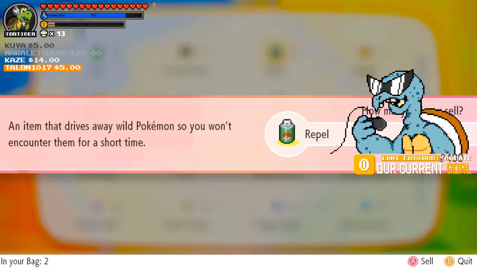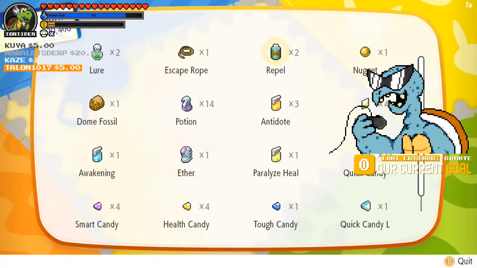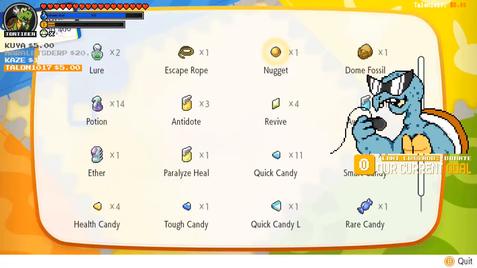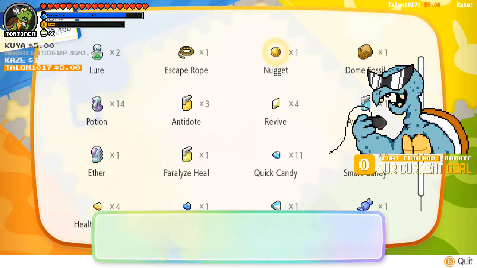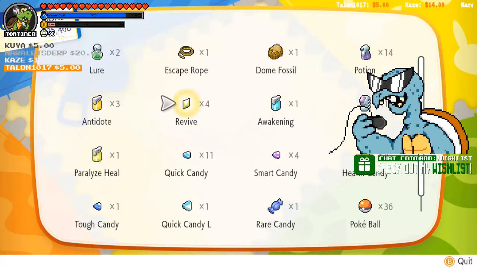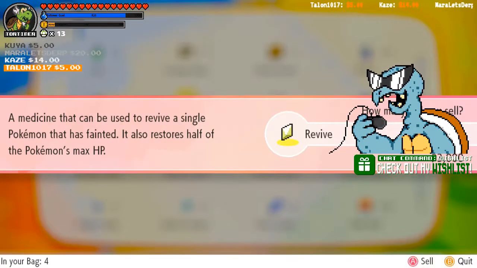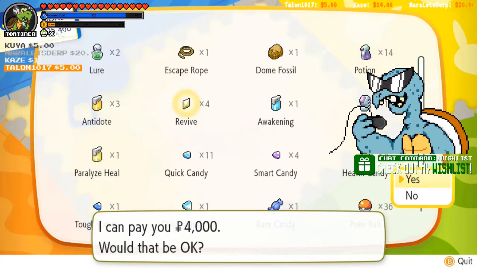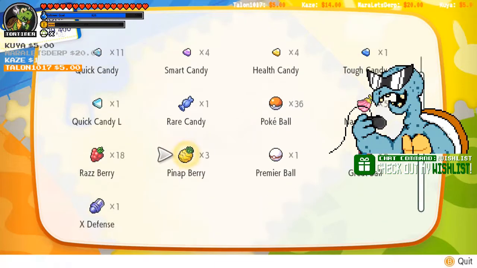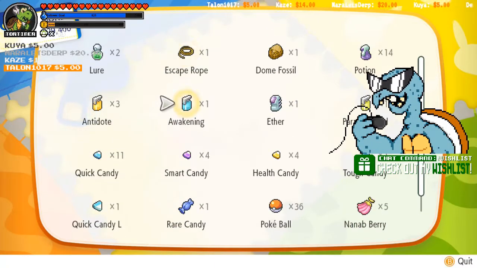I don't know how useful repels actually are since they're kind of overworld. My guess is they work kind of opposite to how lures work, where they just kind of suppress spawns. Revives, we can't really use those, being a Nuzlocke, so we'll get rid of them. Should use these candies and stuff at some point. Yeah,